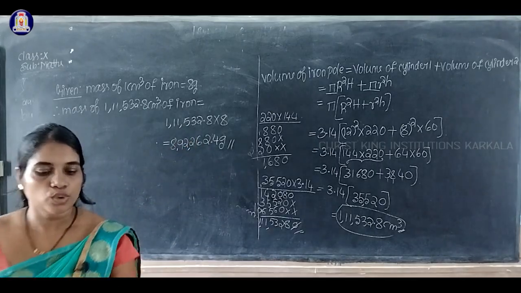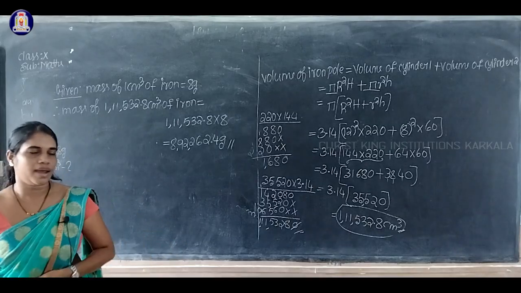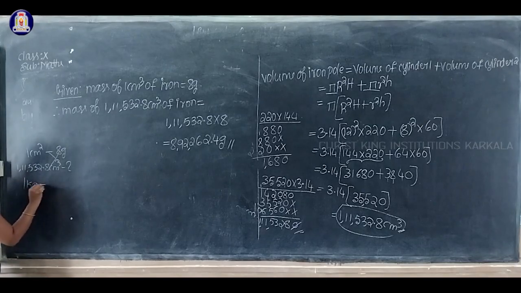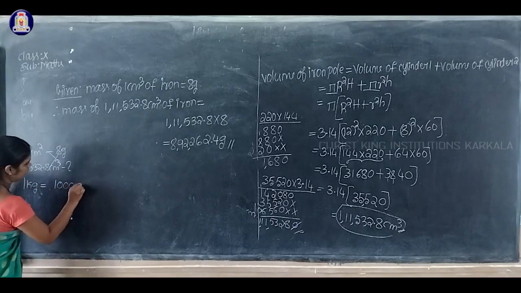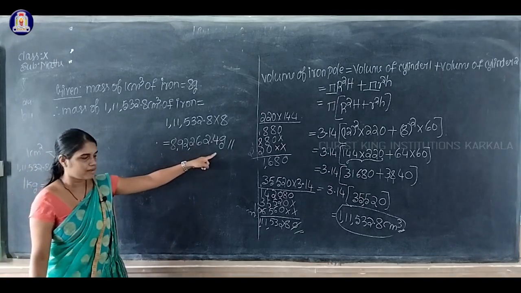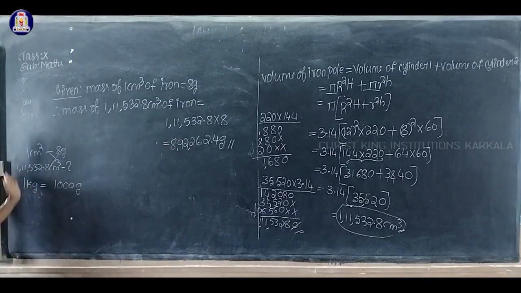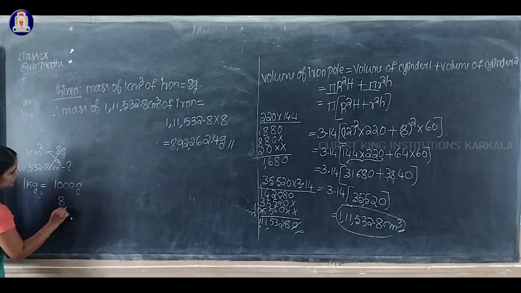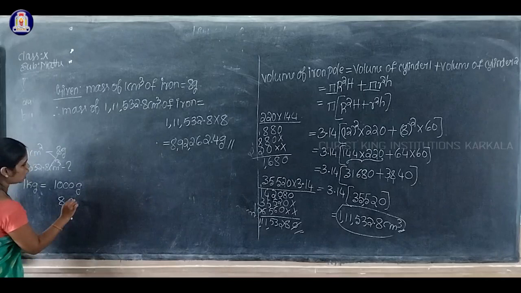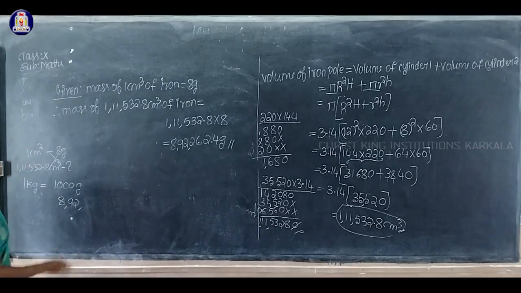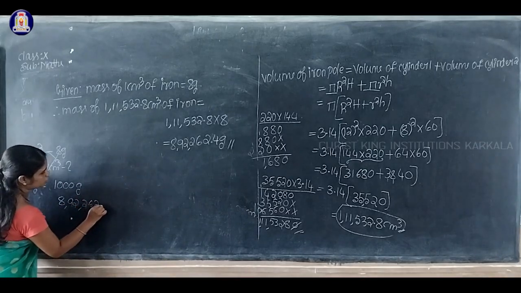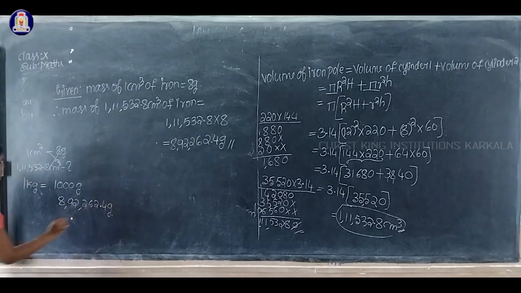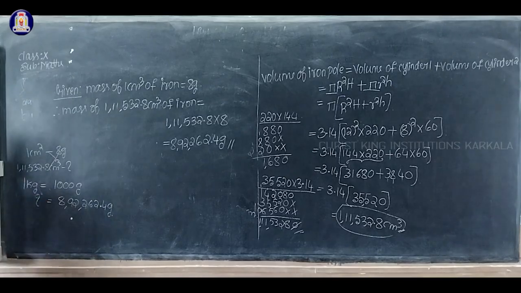Okay, because we know that what is the relationship between kg and gram? Okay, we know that 1 kg equal to 1000 gram. So therefore this is in gram. So in which side I have to write? Left hand side or right hand side? Right hand side. Okay, what is that? Therefore 8,92,262.4 gram equal to how much? Kg. This is your answer.